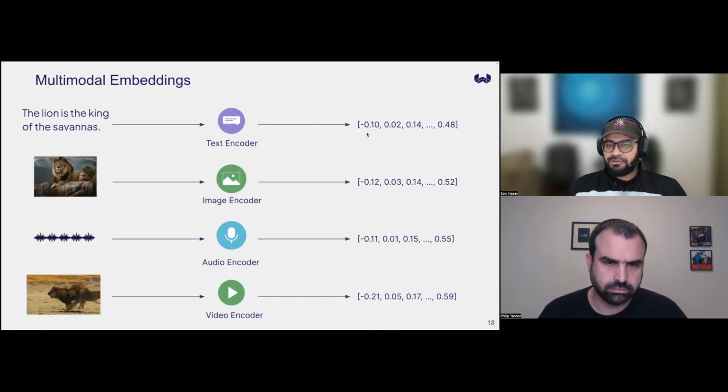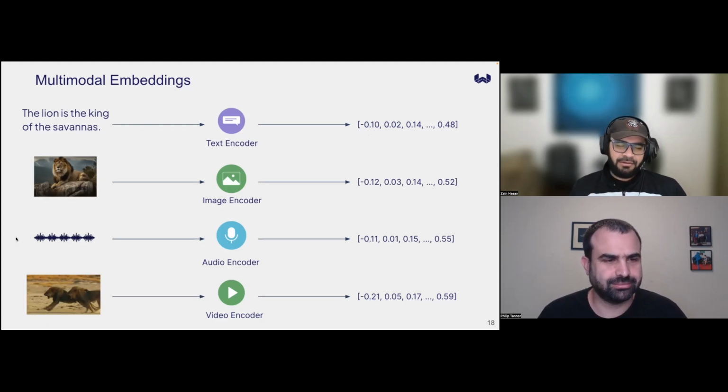What I want to point out here is that the vectors are quite similar because the originating concept of the data is also quite similar, right? That's really cool. This is the main machine learning model that powers the multimodal search app that I showed at the beginning. This app that we built is also open source, so I'll send you guys a link where you can play around with that.